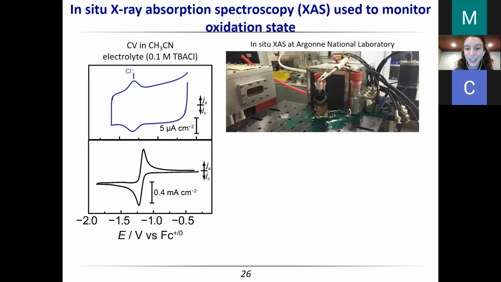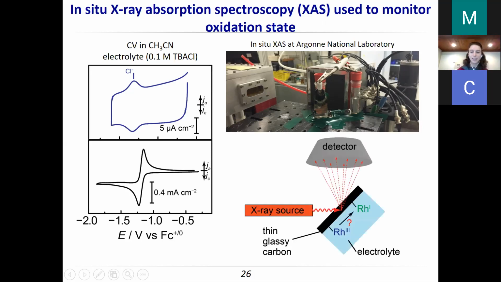Here you can see our cell setup. You can see we did it in situ, and you can see my cell looks a little different than the one I drew out in the cartoon. The electrode facing us is the reference electrode clipped there, the counter electrode over in this other compartment. And then the working electrode you can't see, it's facing away from us. This is the beam over here, coming in, hitting the electrode, and then going to the detector in fluorescence mode.